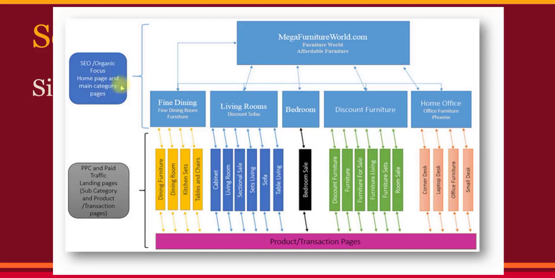The home page and the main category pages are where you're going to feature your strategy, or this client's strategy, for organic. Now below these category pages are subcategory pages, and there are quite a bit more of them. They're going to be pages to themselves. They're going to link back and forth with the category page, and these are fantastic for pay per click.